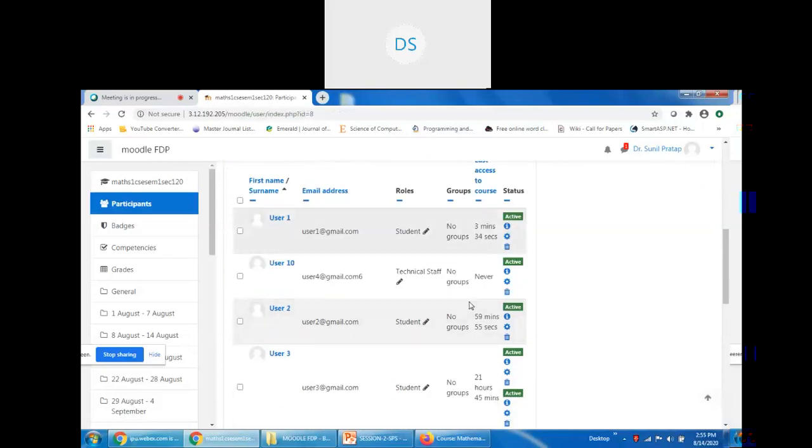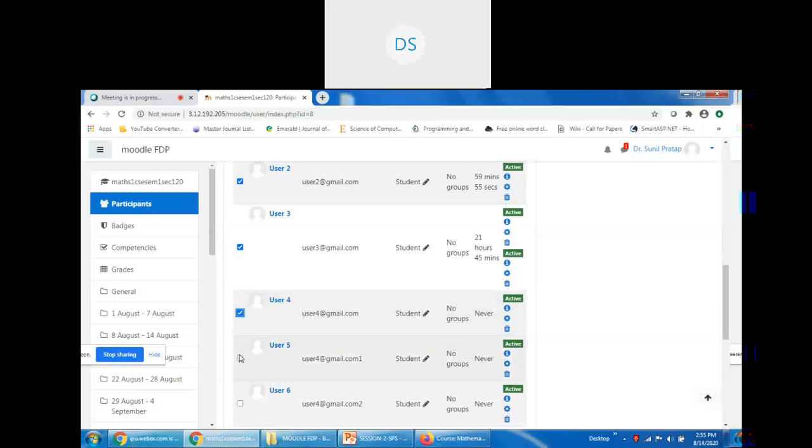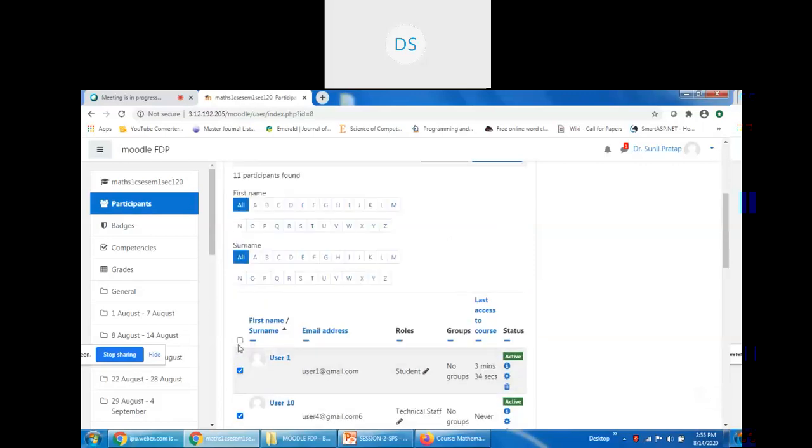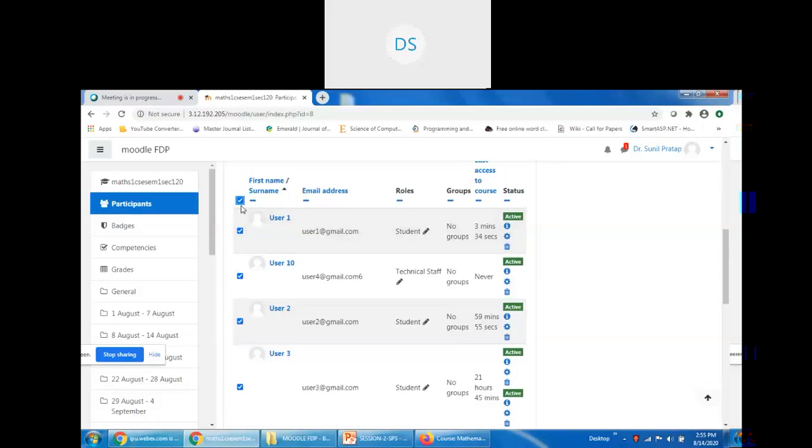Now the question is how we can send a message to multiple users from this window. You just need to check these options. Suppose I want to send a message. There is an option for all also. If you click on the top option, this will select all students in this window.